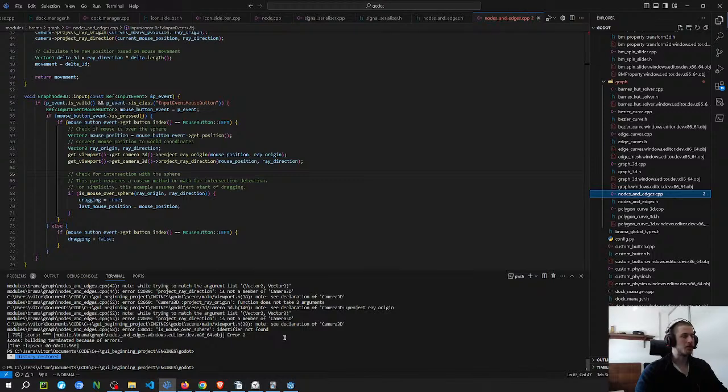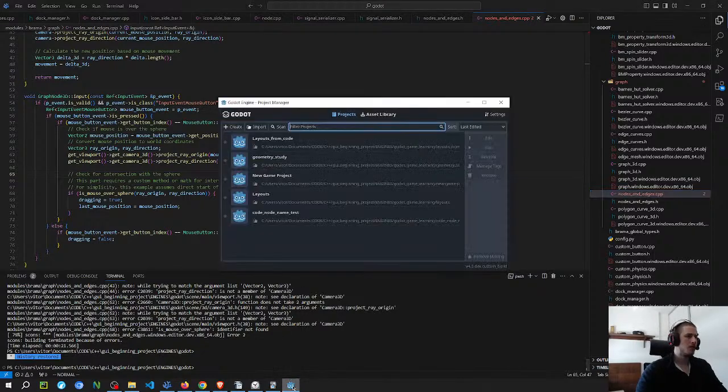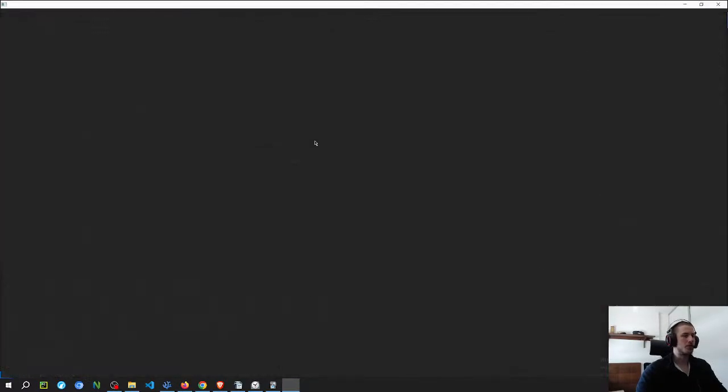Because just based on the layout there and the way that the signals work, it was kind of annoying to figure out a way to connect them from outside, so I thought that it might be better to connect them from a class. And this is one of the main points where I'm still struggling to figure out what is the best approach, because I knew from the beginning that this is where the complexity is going to be,